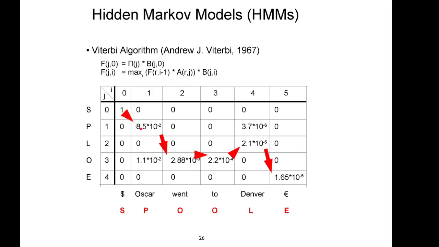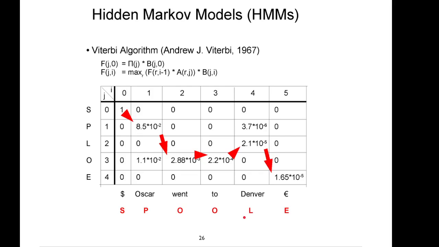So that means here, for example, the maximum is obviously coming from the start state, and it turns out that person was the most likely. And after calculating all of these probabilities, 8.5 times 10 to the power of minus 2 was the best probability we could achieve. 3 times 0, and this one here is not as good. And in this manner, we iterate through this matrix, and we get the assignment SPOOLE as the most likely,